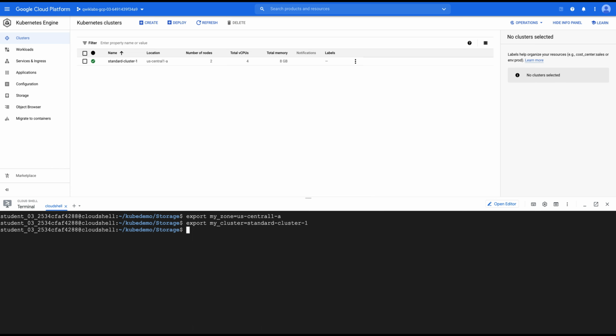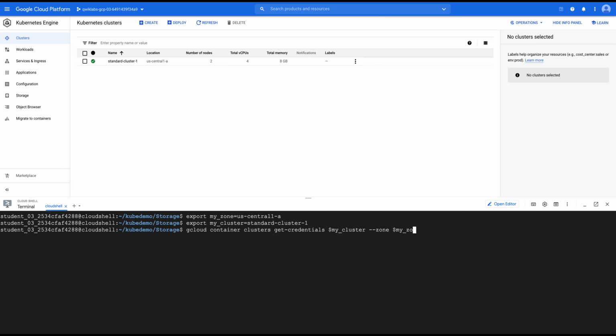Once we are done with setting the variables, as you know from previous tutorials, we had to connect our kubectl with our cluster. So I'm going to fire that command to get the credentials and attach them to my kubectl. If you remember, the command is gcloud container clusters get-credentials, and then the name of my cluster, that is my cluster variable, and I also need to give the zone.